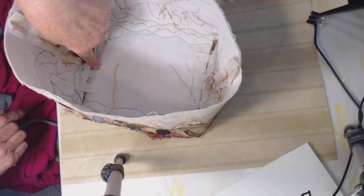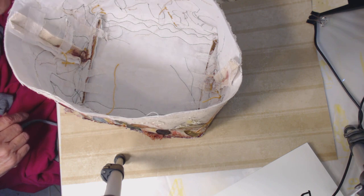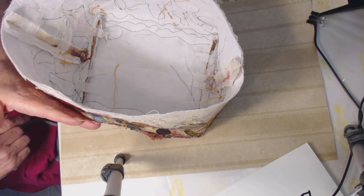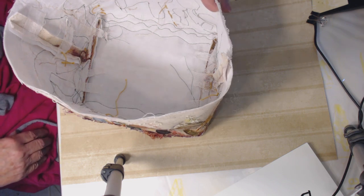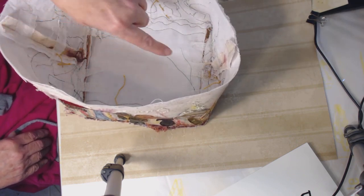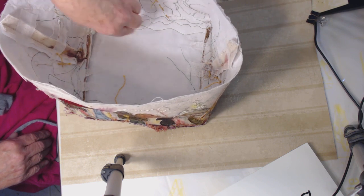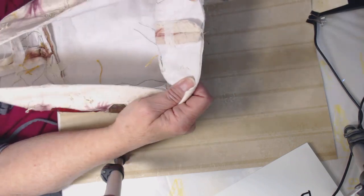Sometimes I have to splice it in the middle, especially if you're working with a fabric that has an up and a down orientation. You have got to make sure both outsides of your basket are right side up. But in this case, this one is all one piece. And there's really only 4 seams, 2 side seams and 2 bottom gusset seams. And if you can see these little strips, let me show you